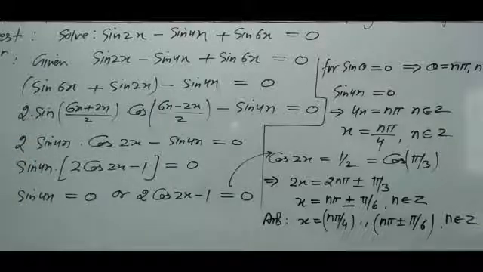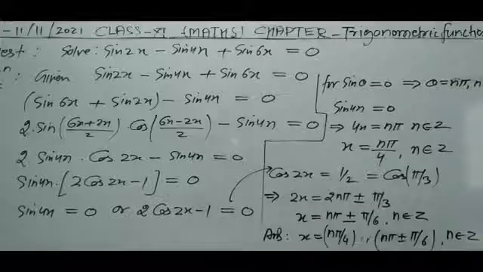So the sin C plus sin D formula is 2 sin of (C plus D) by 2 into cos of (C minus D) by 2. So after putting in the values, you can get the result: sin 4x, since 8x by 2 will be 4x, and sin 4x cos 2x minus sin 4x. Now this is the answer after solving. You can get the result.